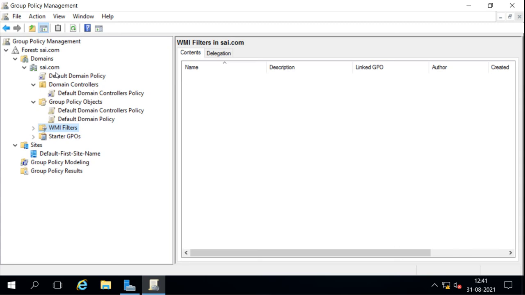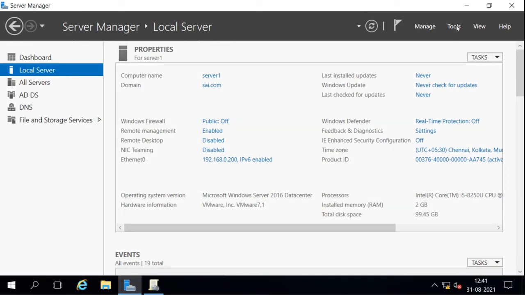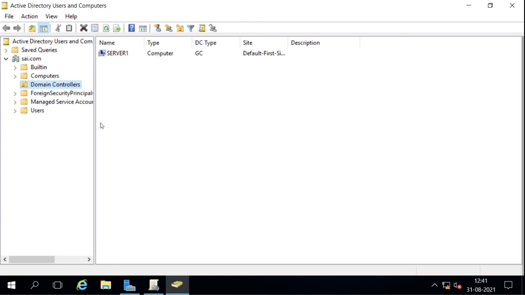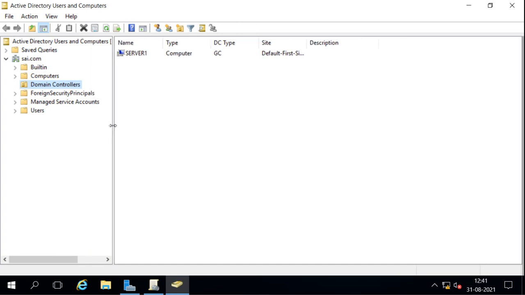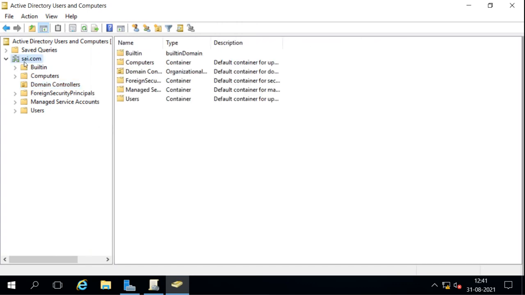Now we are not seeing any other container here, any other container which we have in our Active Directory domain. So if you go to Active Directory Users and Computers, under the domain we can see all these built-in containers: computers, domain controllers, foreign security principals, managed service accounts, users.